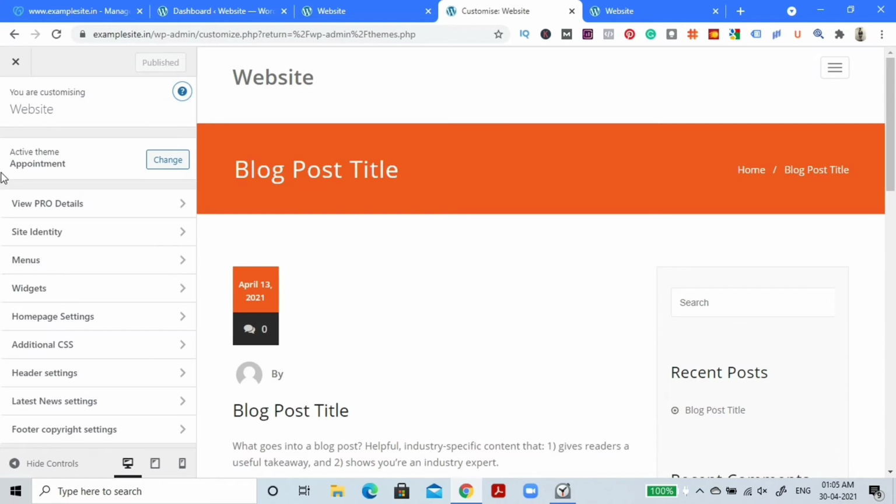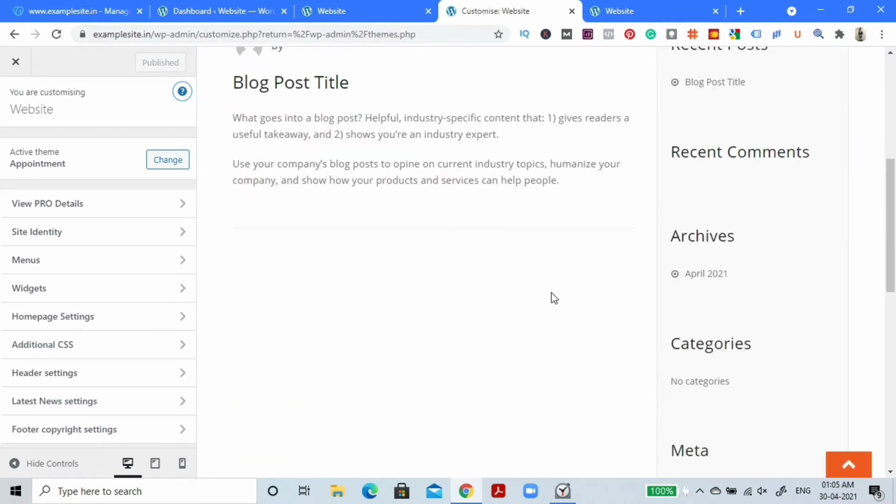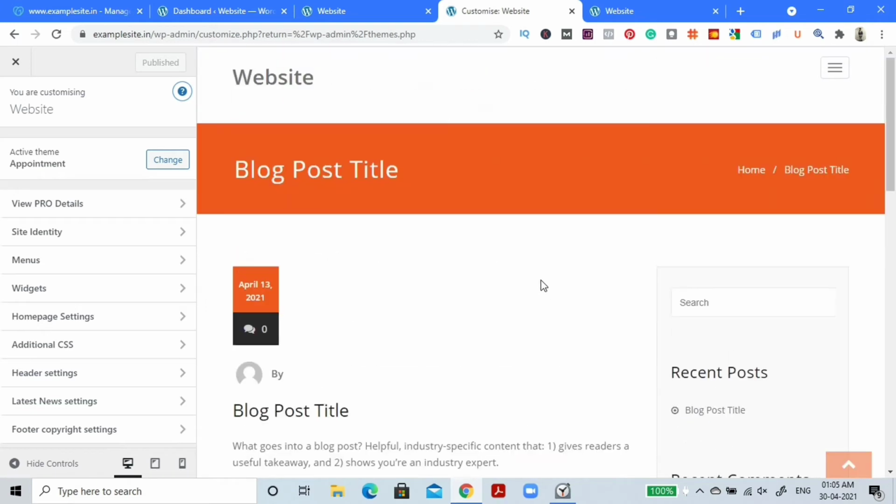So this is the built-in WordPress customizer. You can see the entire screen is divided into two sections. On the left hand side, you're going to see a whole lot of options with the help of which I'm going to teach you how to change and customize the appearance of your website. And on the right, you're going to see those live changes happening. So this is a preview of your website, right? So whatever changes I'm going to make with the help of these options located on the left, all the changes would be visible on the right, right?